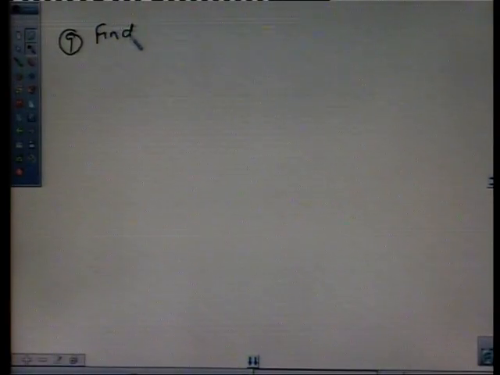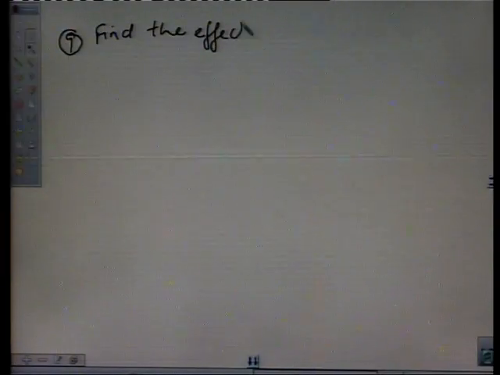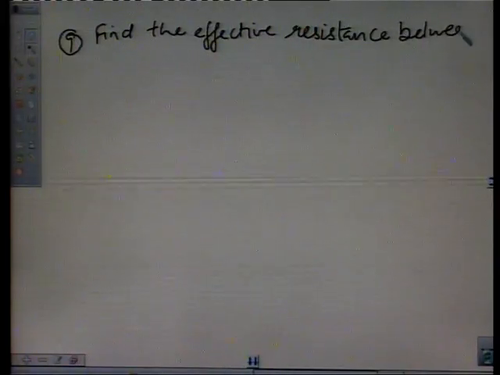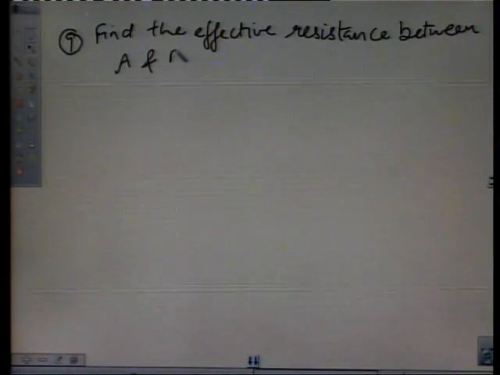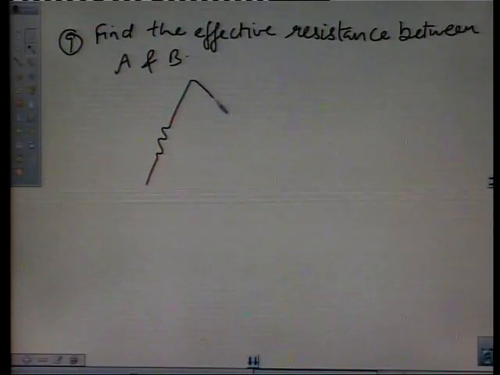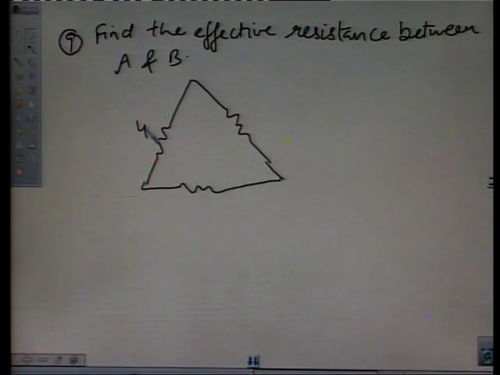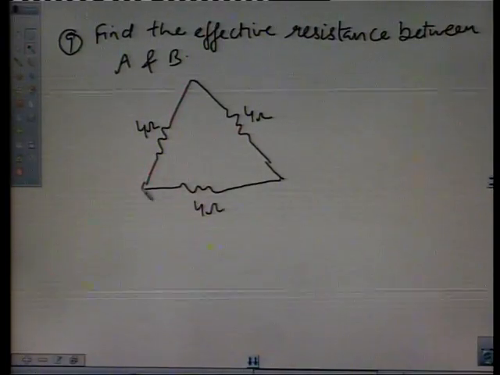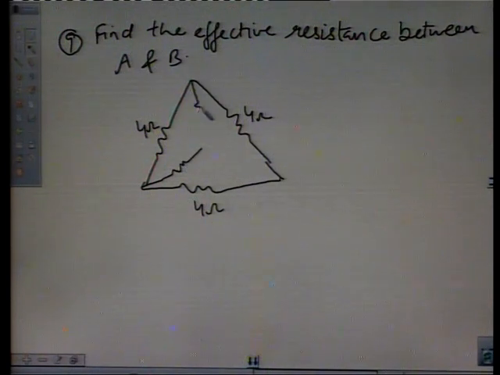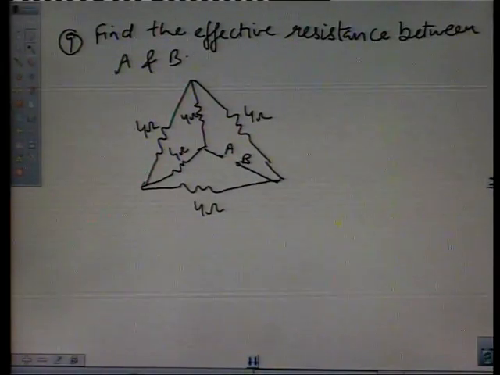Now the next numerical. Find the effective resistance between A and B. In this case we have a diagram. Here we have three resistances, 4 ohm, 4 ohm and 4 ohm each. Here again we have two resistances, 4 ohm, 4 ohm. So this point is A, this point is B. So we have to find the net resistance between points A and B. If we see this